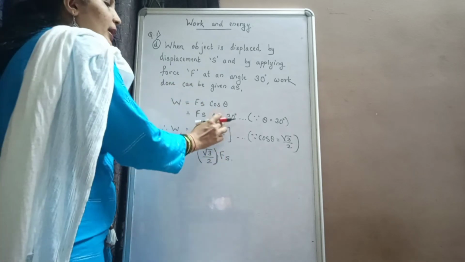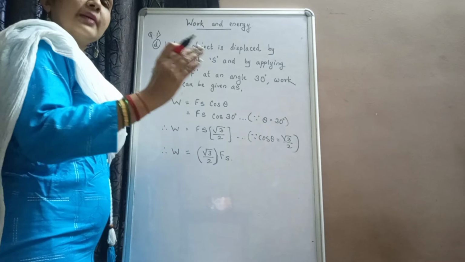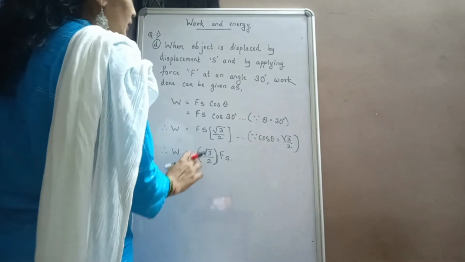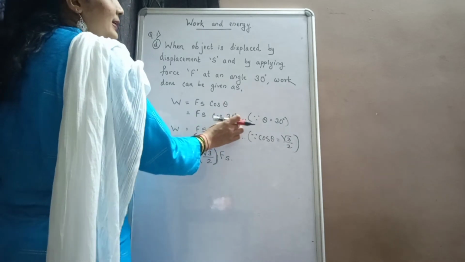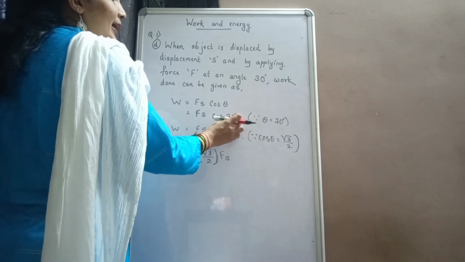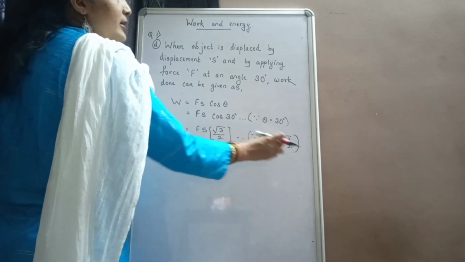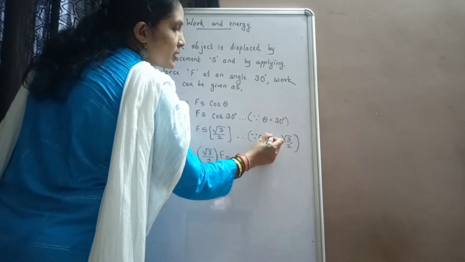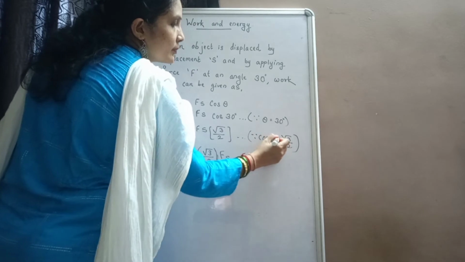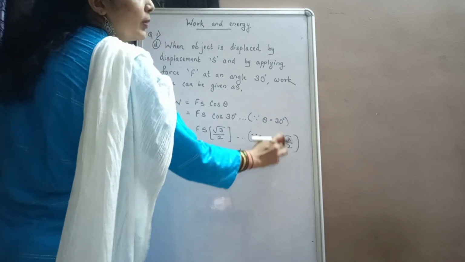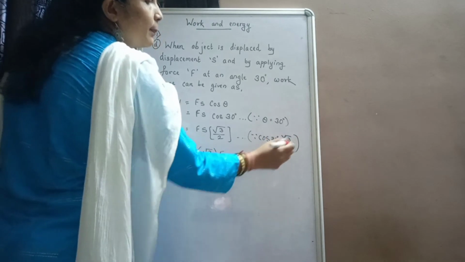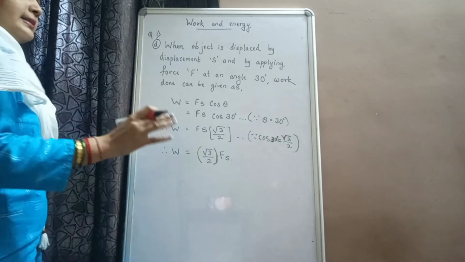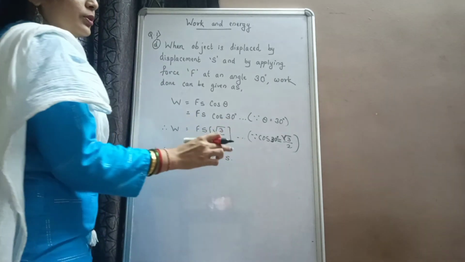There is a table for those values. Now you will learn only this, but as you do the maths too, you will get a clear idea of all these things. Just remember there is a 30 degree angle and the cos value of that angle is root 3 upon 2. Cos 30 degree is equal to root 3 upon 2. I did not write this in that question answers because you won't understand, so I am just here to explain to you.